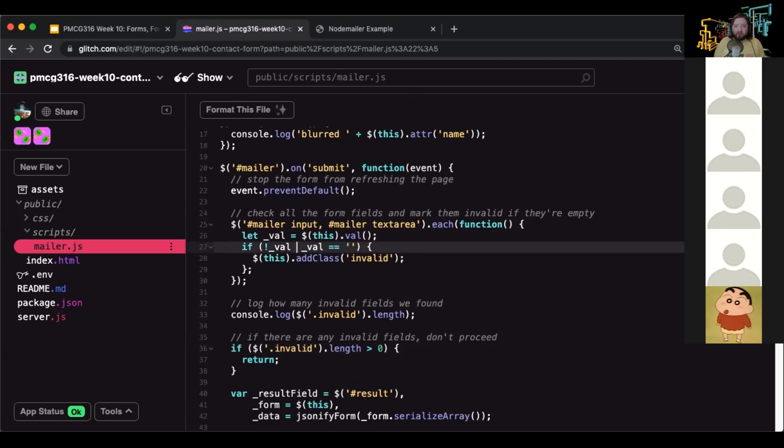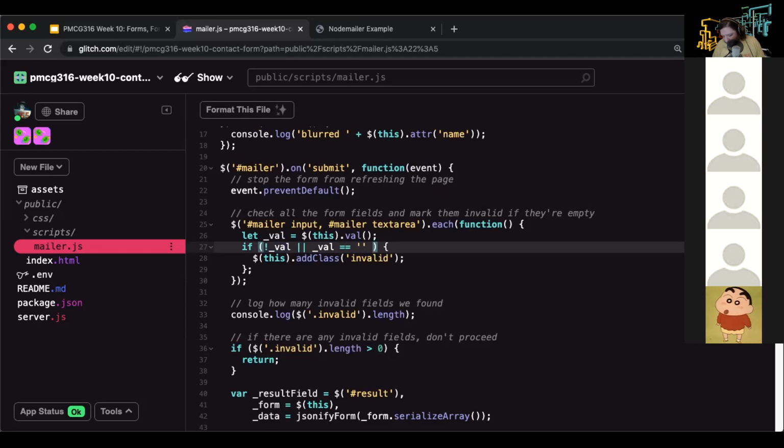If I put 2 ampersands, this must be true and this must be true in order for this condition to work. But I have 2 pipes. This is the or statement. So if there's not a value at all, or if there is a value, but it's just an empty string,